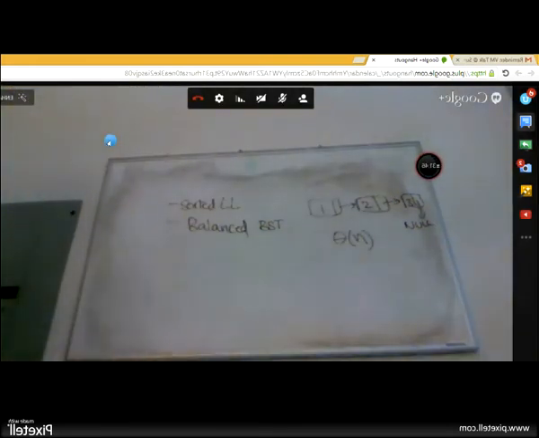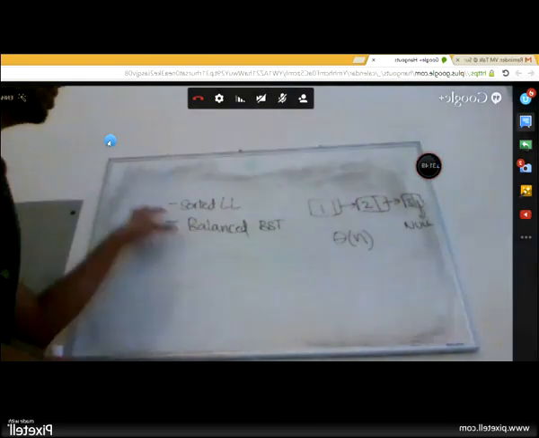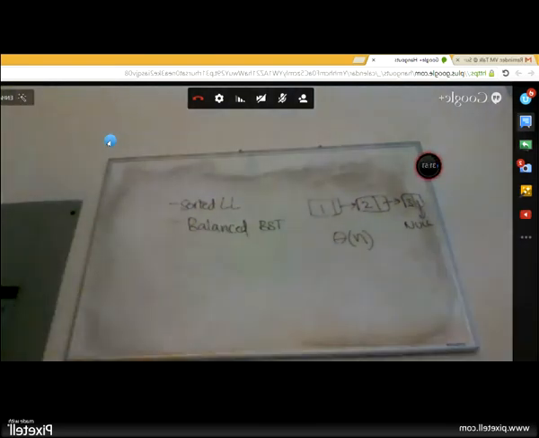So what would be the time complexity to construct a balanced binary search tree from this? N square. Why n square?